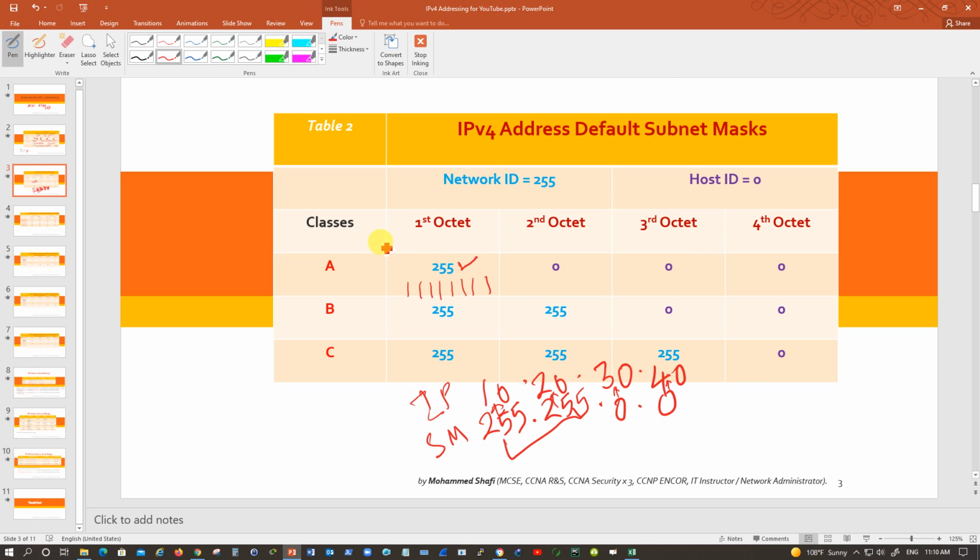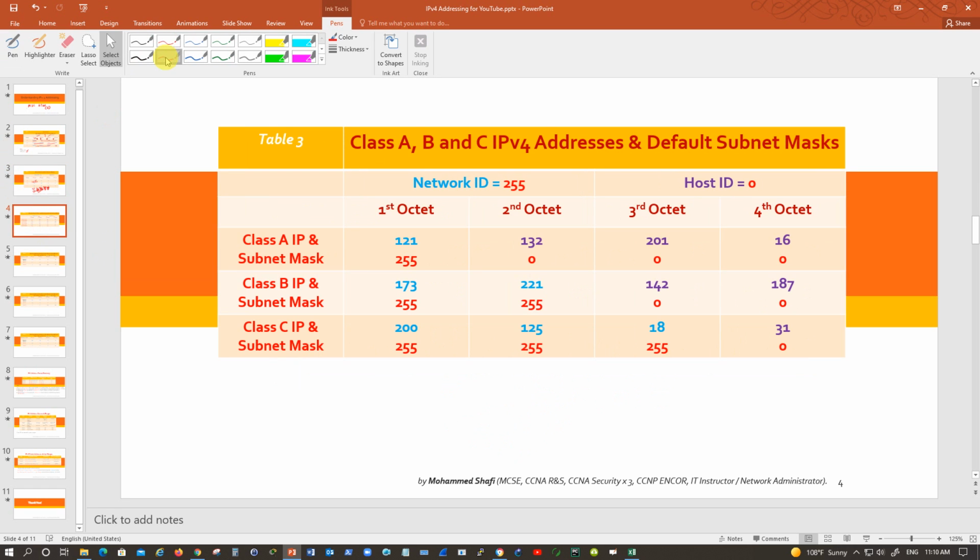So these are the default subnet masks for different classes. You can see here class A has 255 in first octet, remaining 3 octets 0 to represent the host IDs. B has 255 in 2 octets and 2 zeros, and C has first 3 octets 255, fourth one 0. Okay, now the default subnet mask as we discussed, and the IP addresses if they are written like this, it's easy for you to derive the net ID and the host ID in any given IP address.